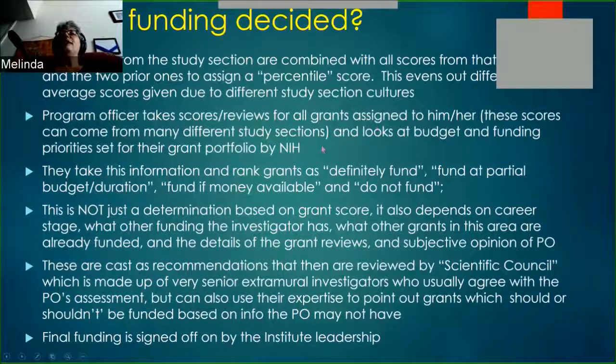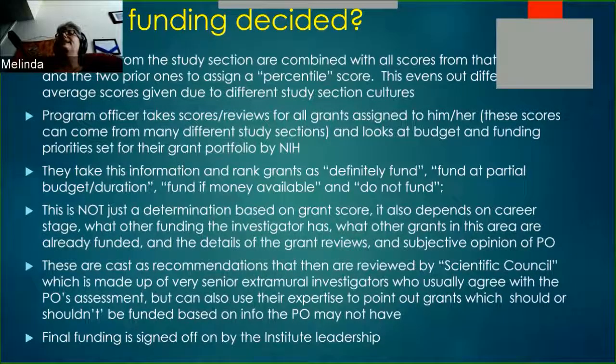So they take this information all together and they basically rank the grants as definitely fund, but at partial budgets or durations, fund if money available, and do not fund. Essentially, if your grant is not scored, it is automatically in the do not fund pool. However, let's say your grant got a 35th percentile. It's likely to be in the do not fund category unless, and this is a big